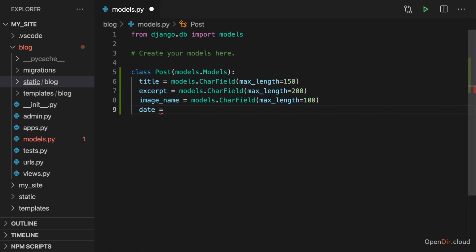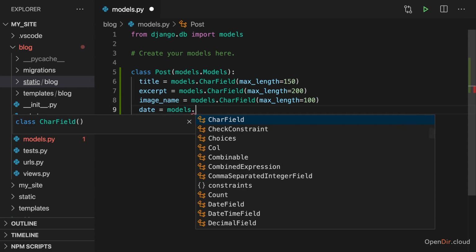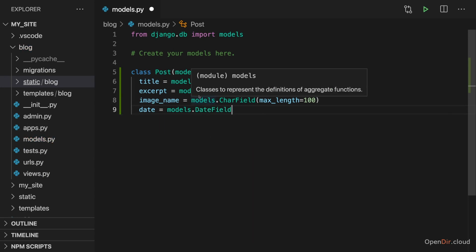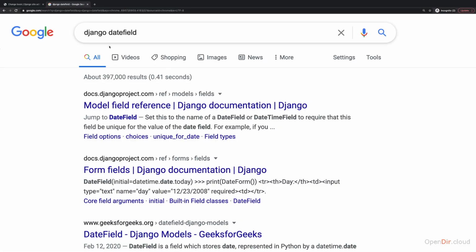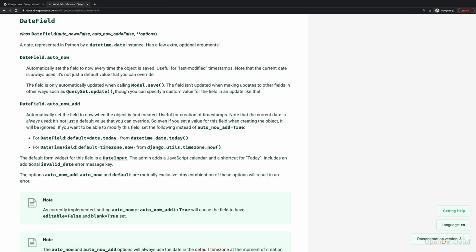Now a post also has a date, and here I don't want a char field, but a date field. Now that is a field we haven't used thus far in the previous sections, so it's probably worth to take a look at the official docs for that. We can simply Google for django.db to find the model field reference, and there we can jump to the date field definition. And here we see that the date field basically represents a date based on the Python DateTimeDate instance,